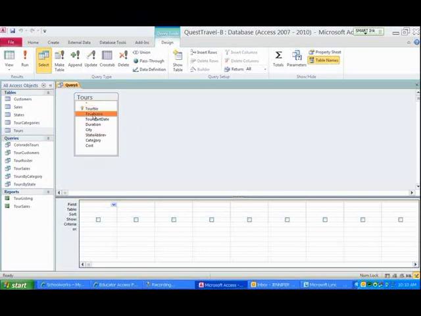Okay, we're going to double click tour name, and notice it goes down here in our fields. Then we're going to double click duration, double click state, double click category,